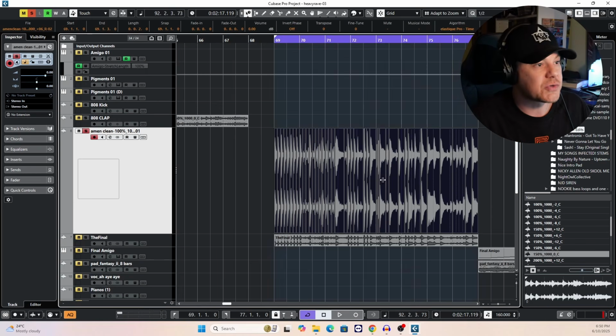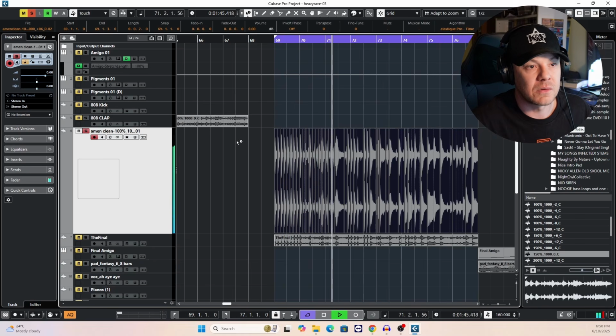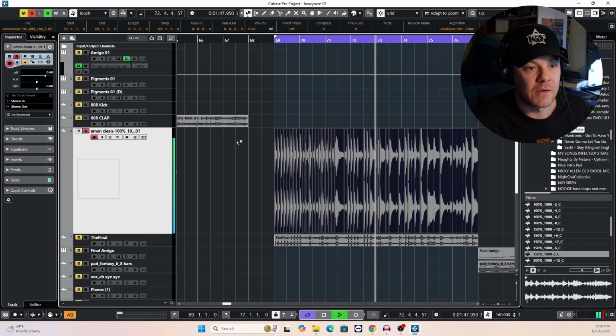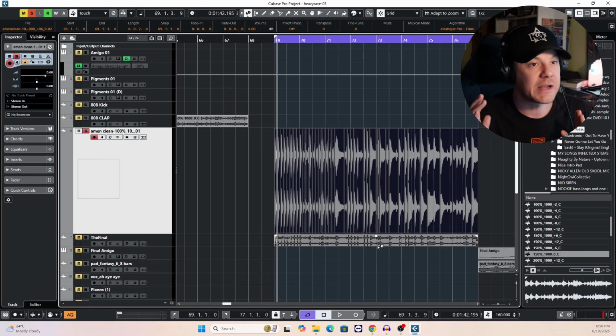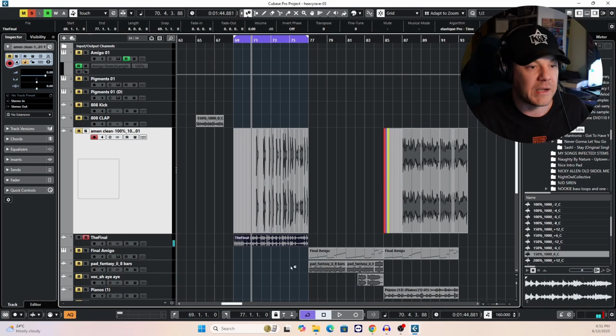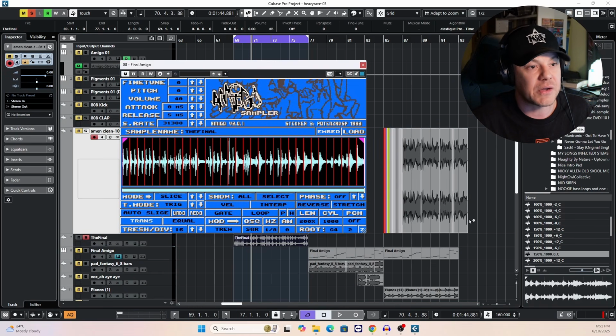So let's have a listen to it by itself. So it probably sounds crazy or jumbled up like that, but basically what I've got is 4 bars of the kind of pattern I want to use and 4 bars of some different cuts that I can mix in and out. So I've bounced that down, and then we open an instance of the Amigo and we just drag that